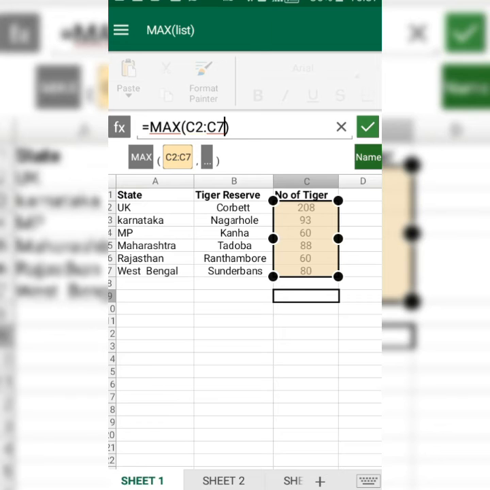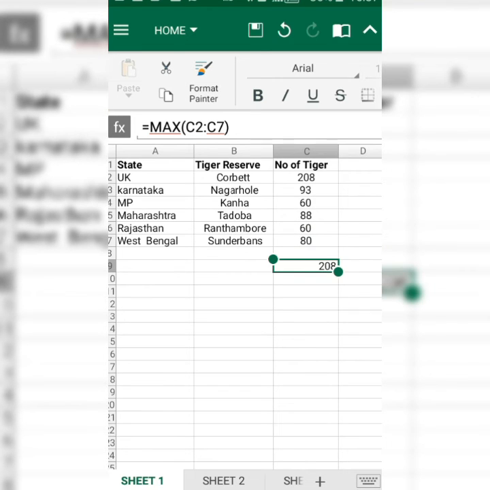The range of cells is C2 to C7. Then I'll press enter. Now it will show you the maximum value, that is 208. In this, 208 is the maximum number of tigers.